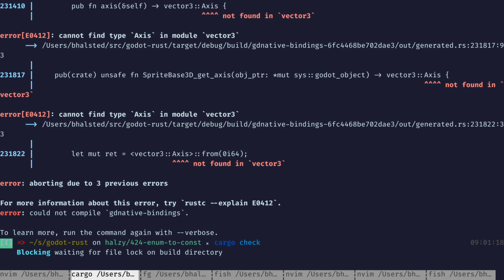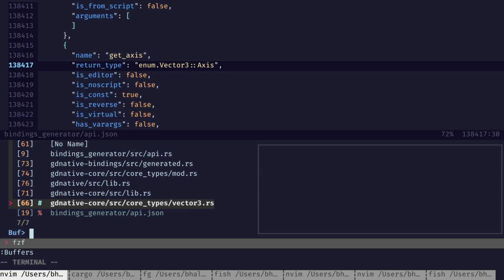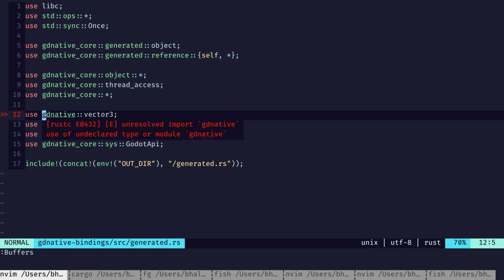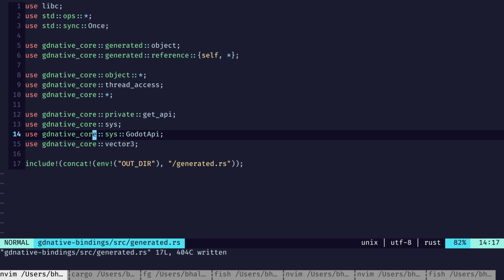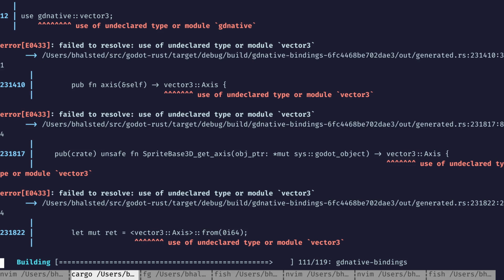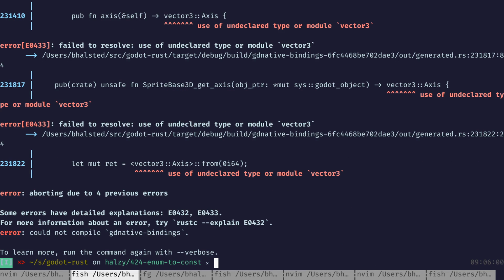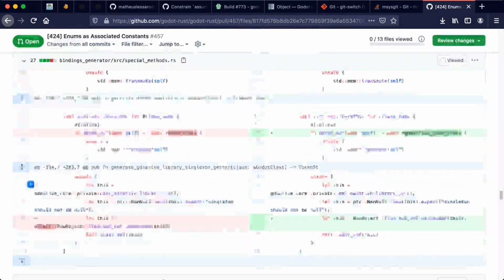I think we're missing one more thing. Don't remember what it is though. Maybe in generated? Native core. There it is. There should be Vector3 there. Yeah, most crates seem not to know about it. Hmm. Actually, we can do